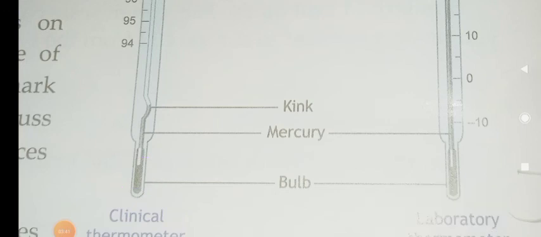Normally in thermometers, mercury is used. Why? Because mercury is used in thermometers as it has a large thermal expansion. It does not stick to glass. It is opaque and remains in liquid state over a large temperature range. The first one, it has a large thermal expansion, that is, on heating, it can expand.